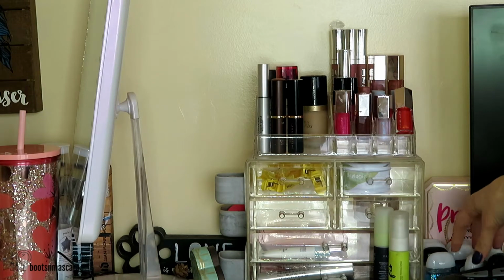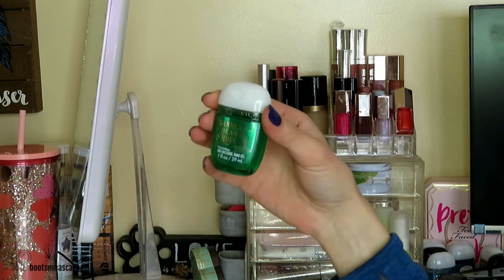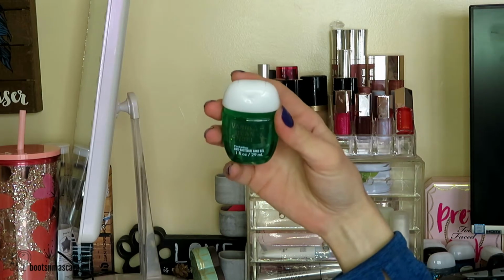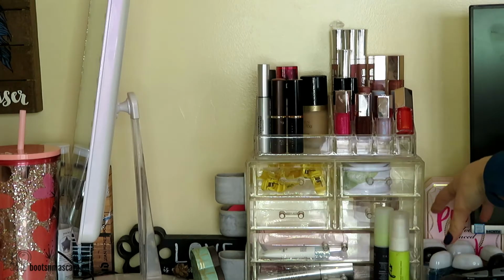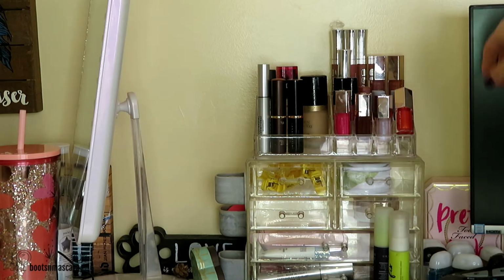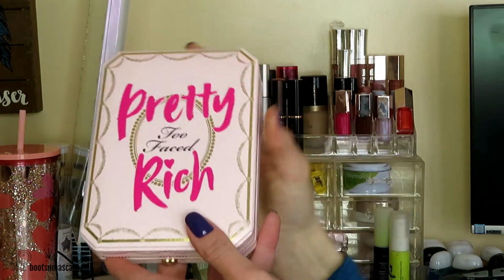Over here that you can't necessarily really see, I have a bunch of these Bath & Body Works PocketBac hand sanitizers. I have like 12 of them and I don't need to buy any more. I literally don't. This palette back here,